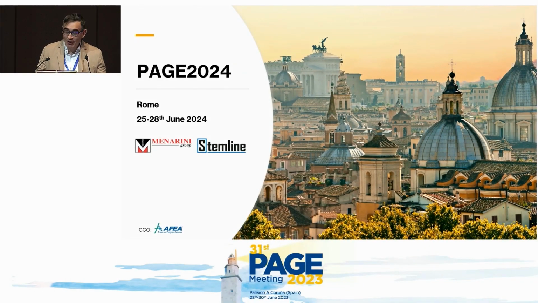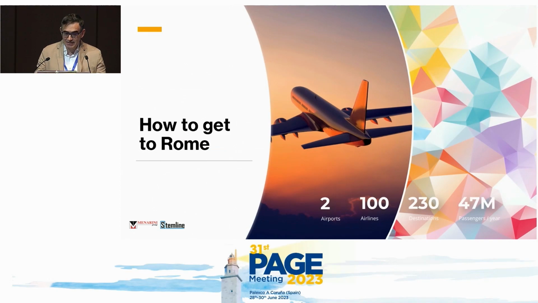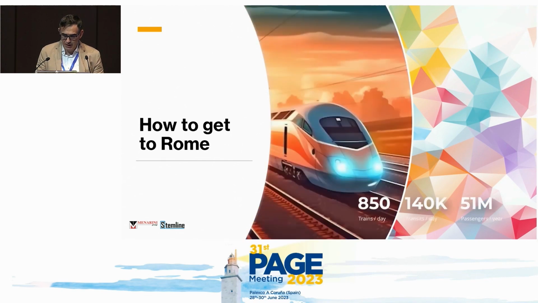So join us in Rome on June 25th through the 28th. Rome, as you may imagine, is well connected to other European capitals and to the whole world via the international airports of Fiumicino and Ciampino, and is also directly connected to all top Italian tourist attractions via the domestic network of high-speed trains, approximately 1 to 3 hours to all the major Italian cities.